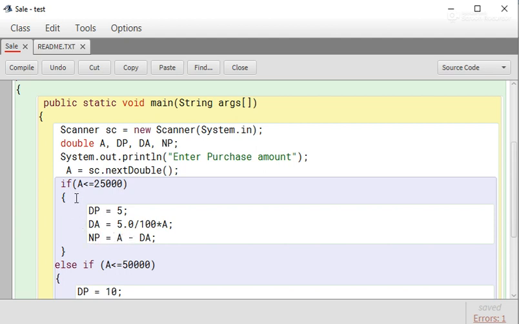Now we have calculated discount percentage, discount amount and net pay only when amount is less than or equal to 25,000. Now if amount is not less than or equal to 25,000, suppose amount is 27,000, then this condition becomes false. Control will come to the next condition, else if, and here it checks: if amount is less than or equal to 50,000,